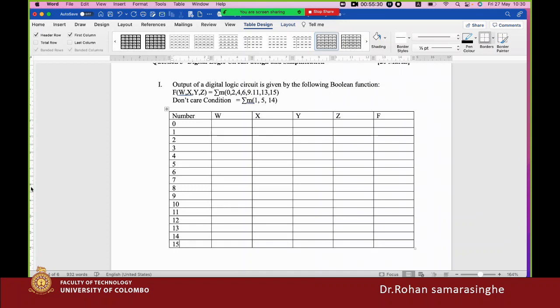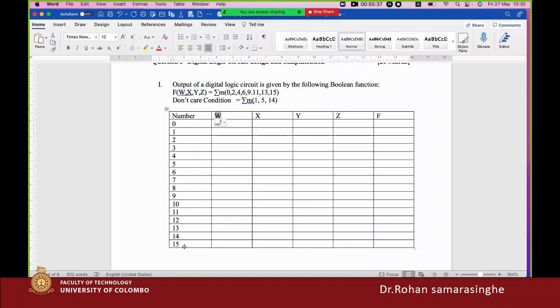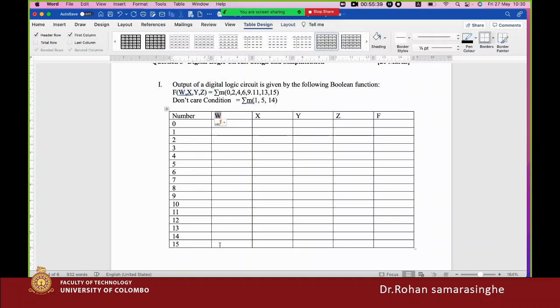So why do I get 15? Because there are only 4 variables. When you convert 15 to binary, the value comes as 1, 1, 1, 1. From these 4 values we can represent 15. So that's why I get up to 15, as it is given 4 variables. Then we can write